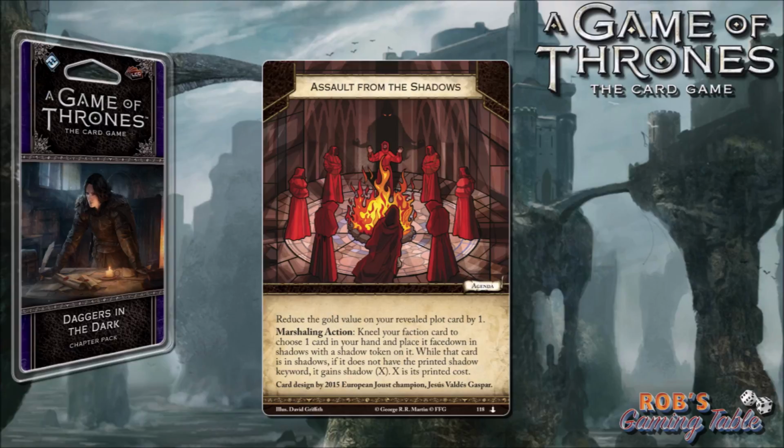This one had me scratching my head for a while. This is interesting. I don't know if it's bad or it's good, but it definitely pumps the Shadows mechanic. It turns non-Shadow cards into Shadow cards, and once per round, you kneel your faction card. So instantly what this has made you all do, if you're still here watching this video and you haven't already,